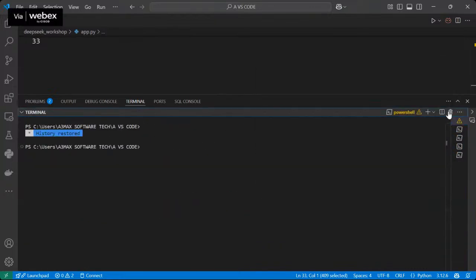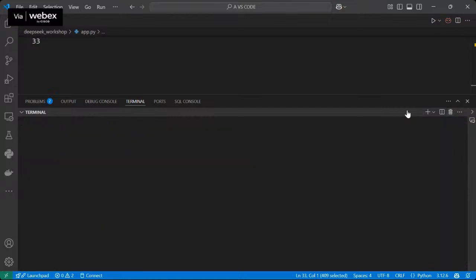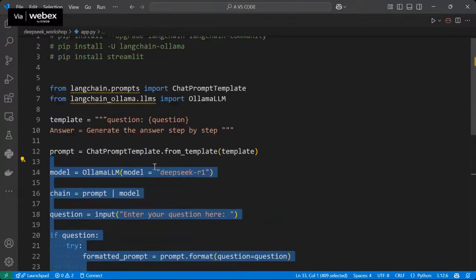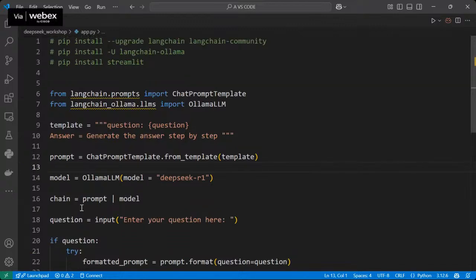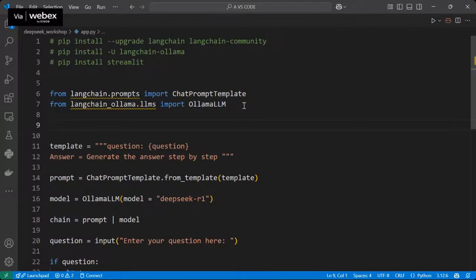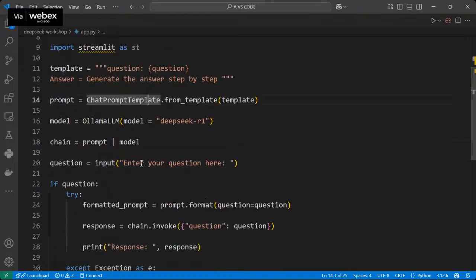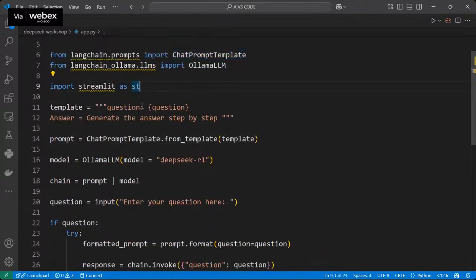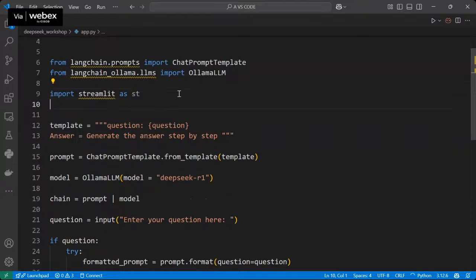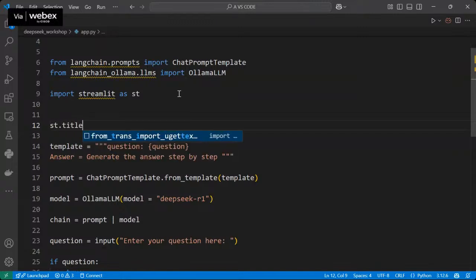Let's delete everything. Now what we do, we try to create a front end. So in the same thing, everyone, what is Streamlit? What is Streamlit, guys? This is the backend. Let's create a UI. So import streamlit as st. All right, we just created this. That's fine. And I want to set up the app here. st.title, I want to create a title.